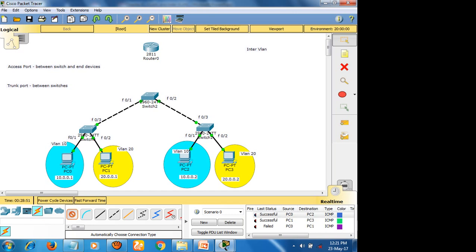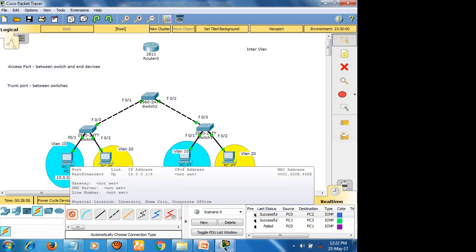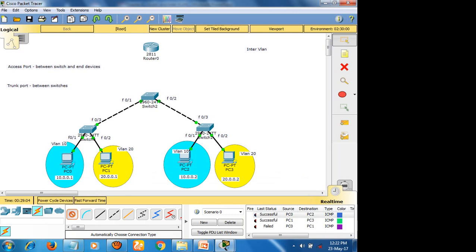These are all for identification, because every time I cannot go and check the names. So these are all user-defined text: virtual LAN 10 and virtual LAN 20, and the IP addresses.